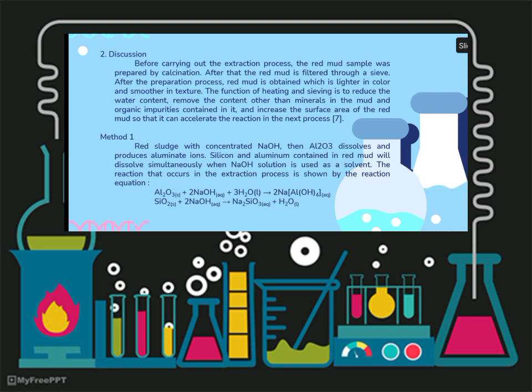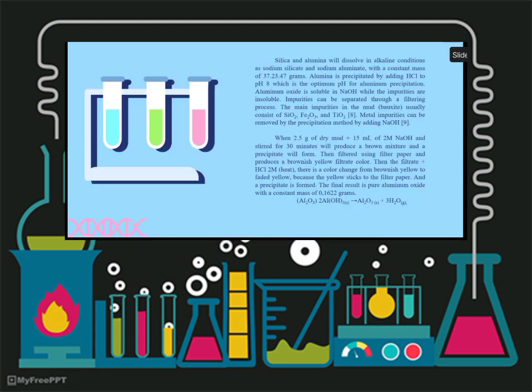Al2O3 plus 2NaOH plus 3H2O yields 2NaAl(OH)4. SiO2 plus 2NaOH yields Na2SiO3 plus H2O. Silica and alumina will dissolve in alkaline condition as sodium silicate and sodium aluminate with a constant mass of